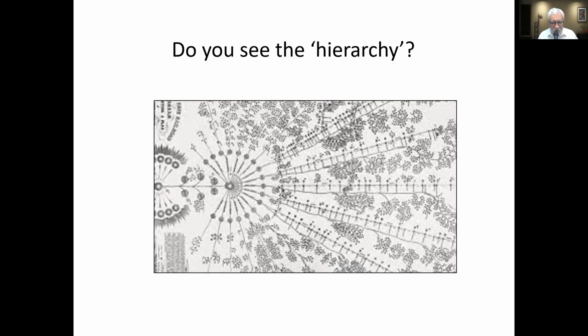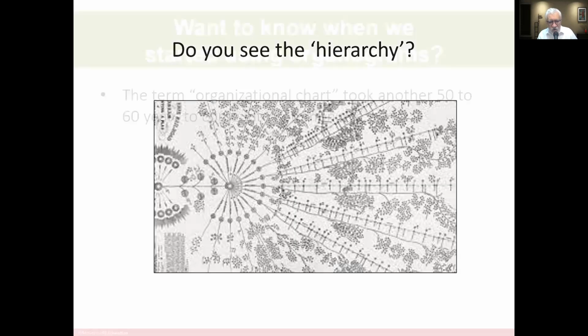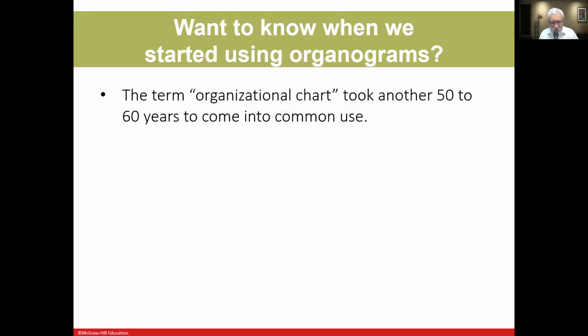And clearly you can see the hierarchy. We've just taken a standard pyramid, which I draw on the screen for you with my marker, and we've turned it on its side. So there's the top of the pyramid, and there are the levels expressed vertically now, instead of horizontally. So do you want to know when we started using these? Much later than 1855. It was the early 1900s. And that kind of makes sense because you recognize that you had Fayol and Taylor back in the early 1900s, okay?